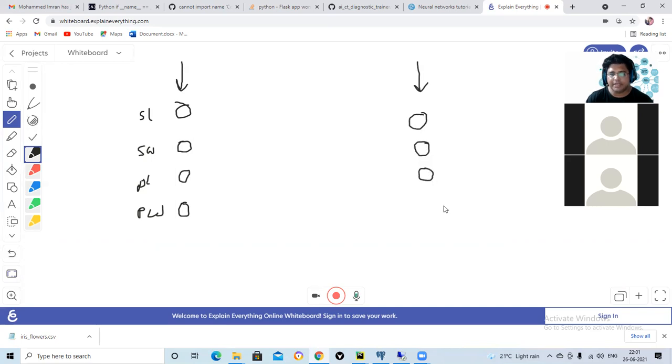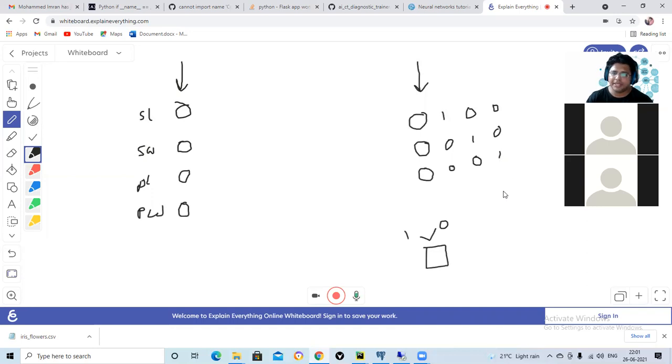You tell me, can you represent 3 numbers uniquely by a single bit of information? No, a single bit will be either 0 or 1. But if you have to have 3 different pieces of information, then you have to have it like this: 1 0 0, 0 1 0, 0 0 1.